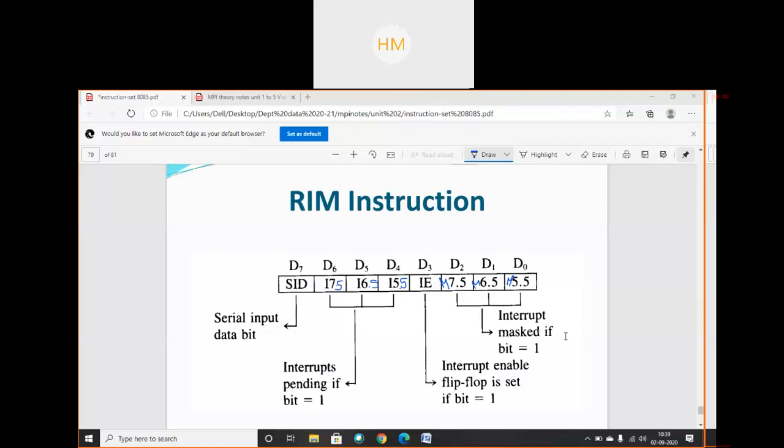Okay. So now, see what it means. I have told you, in any instruction, if there is no operand, then all the data is taken from the accumulator only. And if I assume here that my accumulator has A equals 4B hex, and then I apply the RIM instruction, what will happen? After execution of the RIM instruction, if the contents of the accumulator are 4B hex, what information will I get?